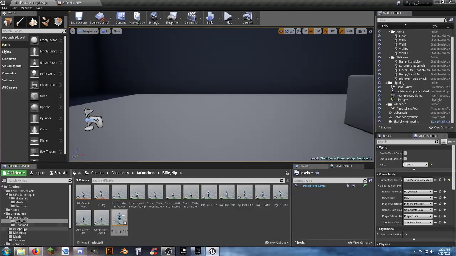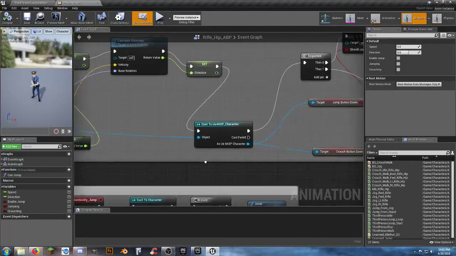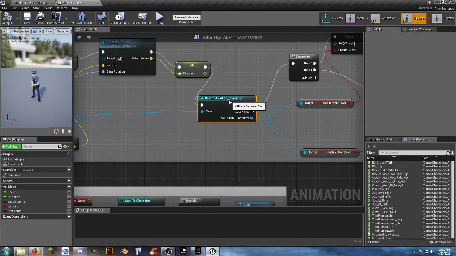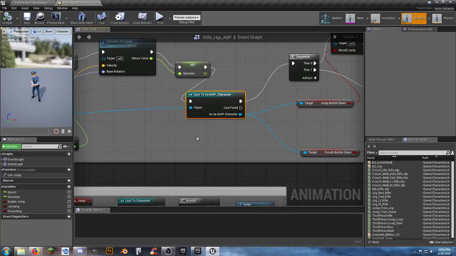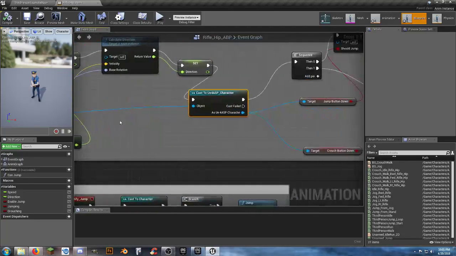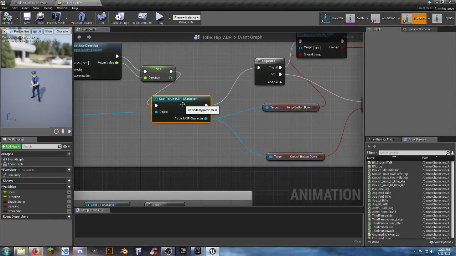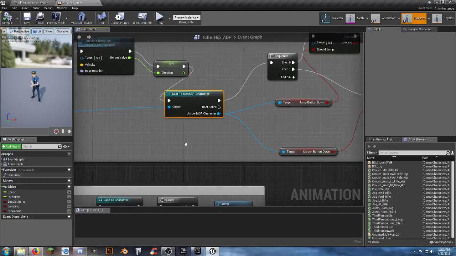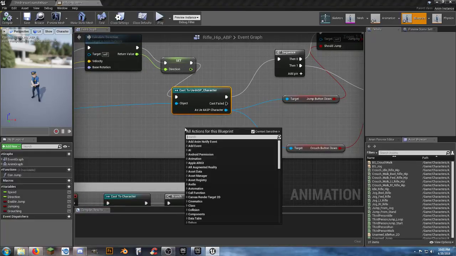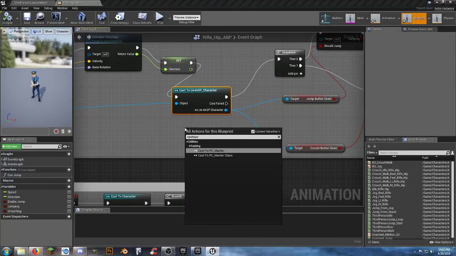And our player, if you don't remember, is called PC_master. So what we need to do here is I'm going to drag this out of the way so I can see that we had our link coming from try get pawn owner and links going out from here to here, and we can see where everything goes. So what I want to do is right click and cast to PC master,